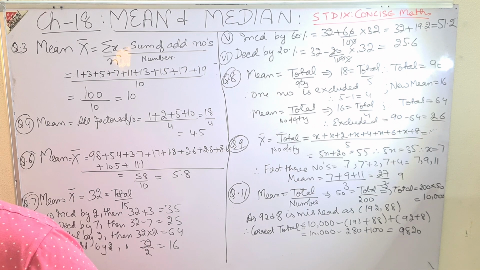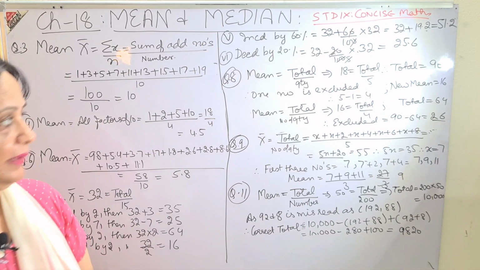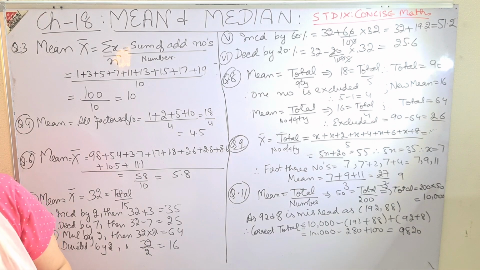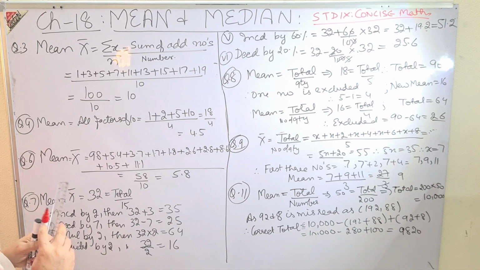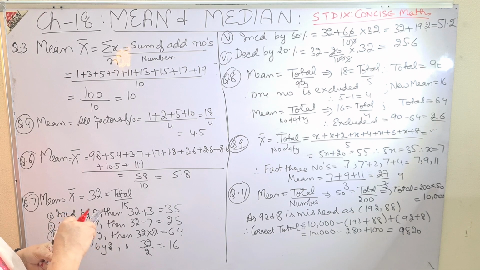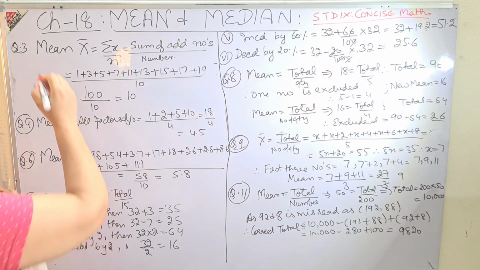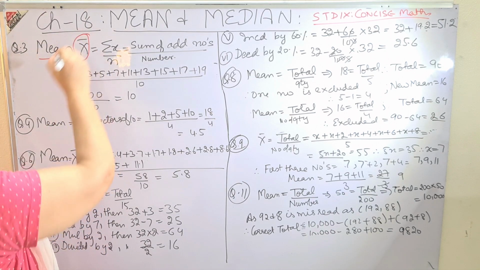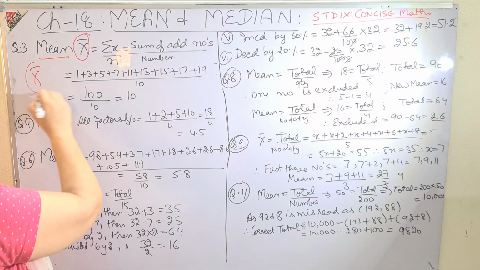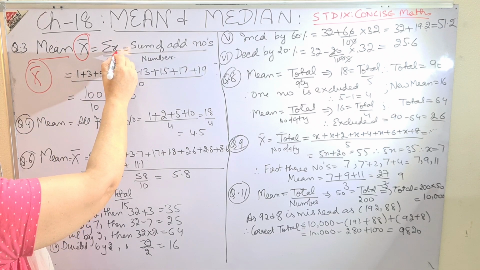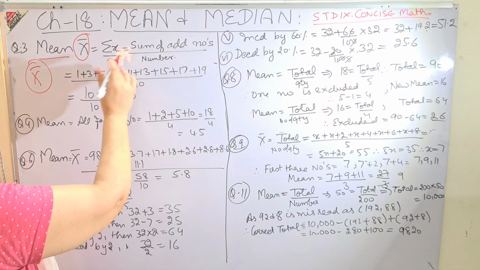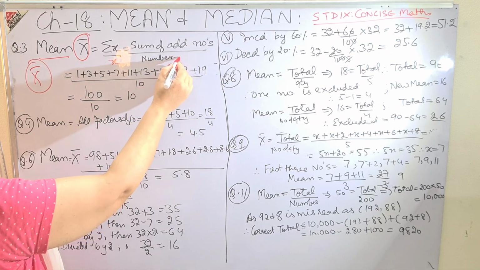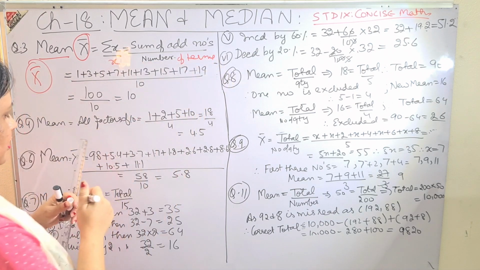You see the sums 1, 2, 3, 4, 5 are all the same, so I'll do one of them just to make you clear. Exercise 19a, question number 3. Find the mean of the first 10 odd natural numbers. Before that, in this chapter I would tell you how to write mean. Mean is always denoted by the letter X with a bar. This is said to be X bar. It is summation of X, meaning summation of terms, divided by the number of terms. You can write X here, number of terms. In all the questions, this is the formula.